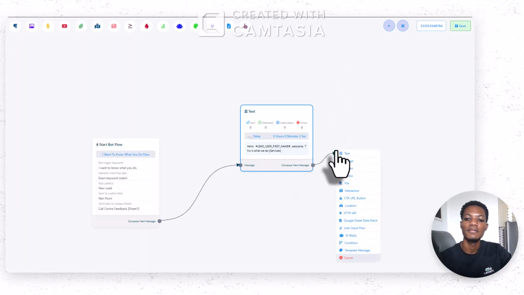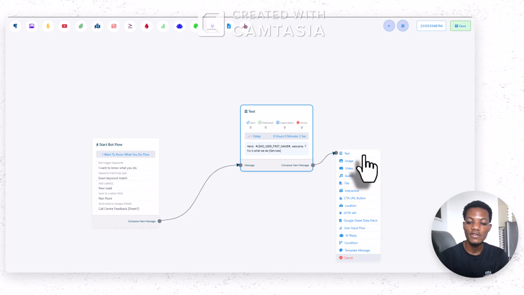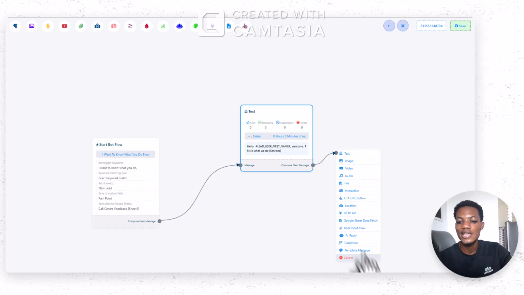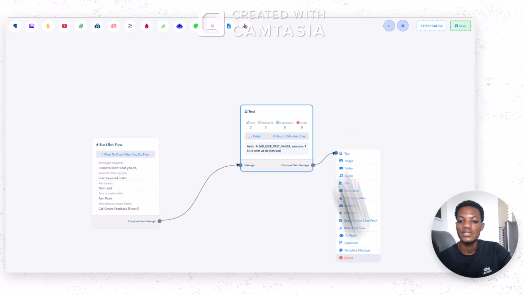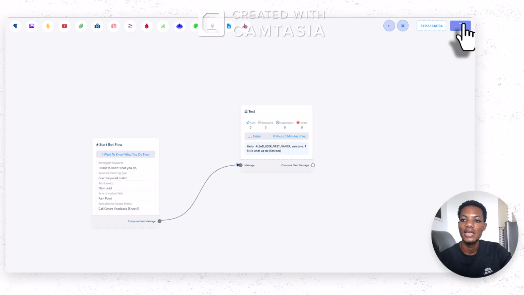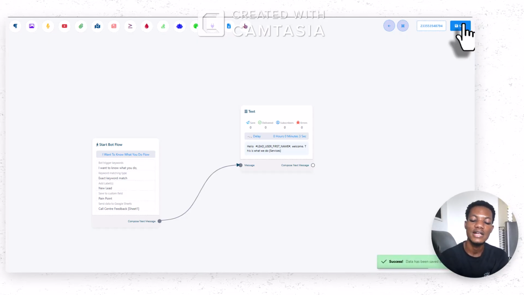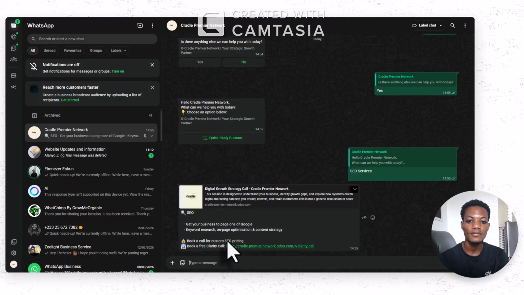messages and flows. You can keep saying that you should follow with a video, or you can create a user input flow where you can gather information. Okay, so you can do all this with this chatbot. So since we want to end here for the presentation purpose, after you click on save, now let's go back to our WhatsApp and have a look at how it actually looks like. So I'm going back to WhatsApp and I'm going to type something like,